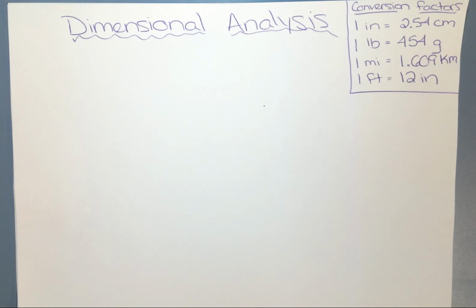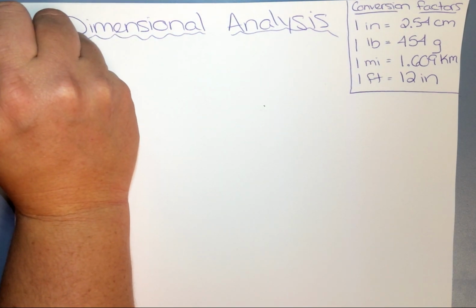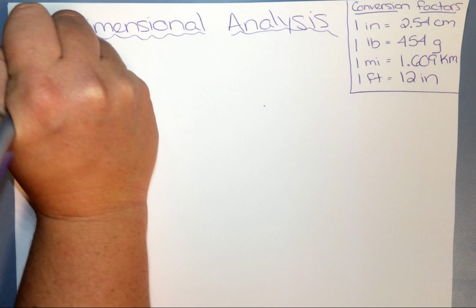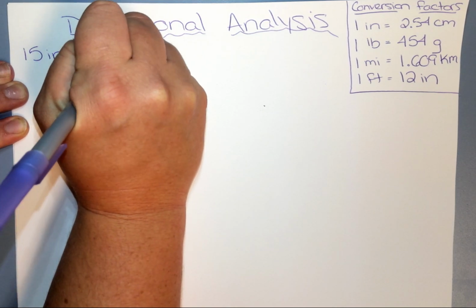We are going to be learning about dimensional analysis, which is really just a scary way of saying conversions. So I'm going to do a few examples. I'm going to walk you through nice and color-coded examples so we can figure out the easiest way to do these kinds of problems. So, for example, if I had 15 inches and I wanted to go to centimeters,